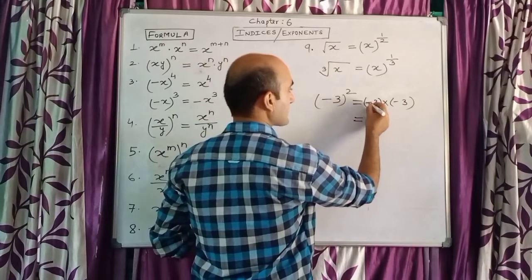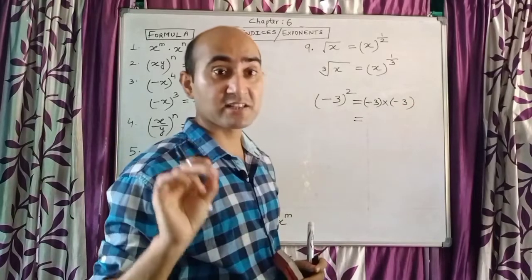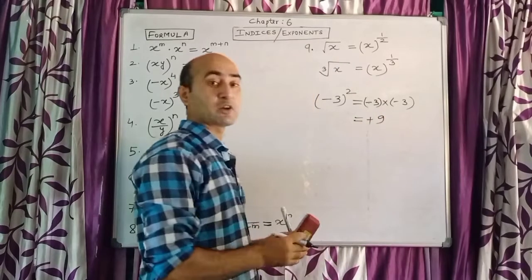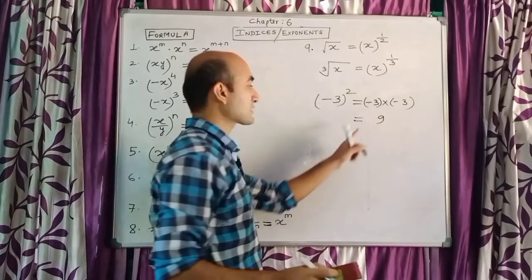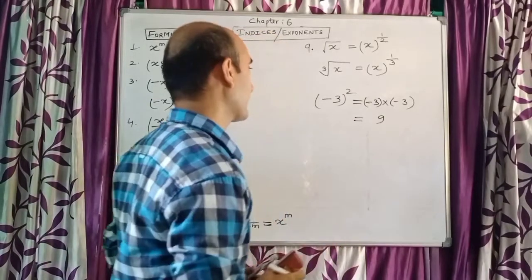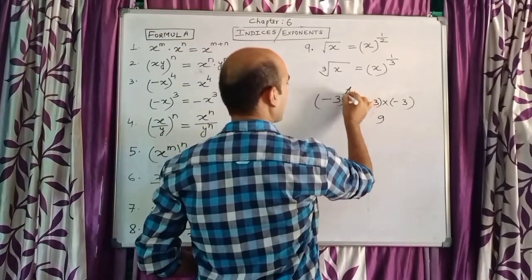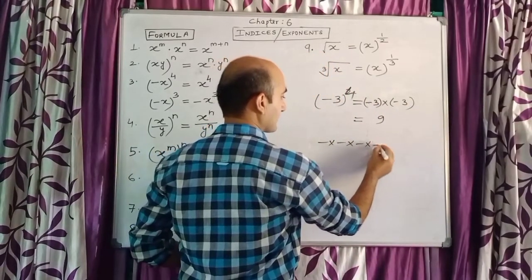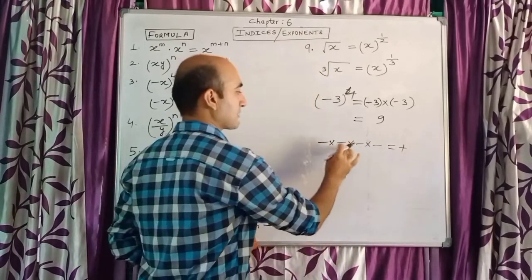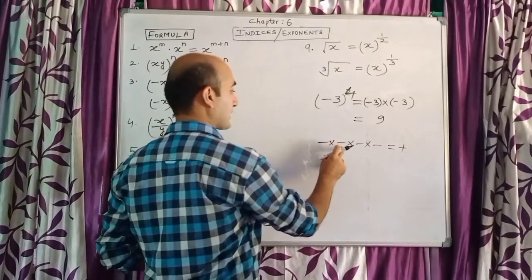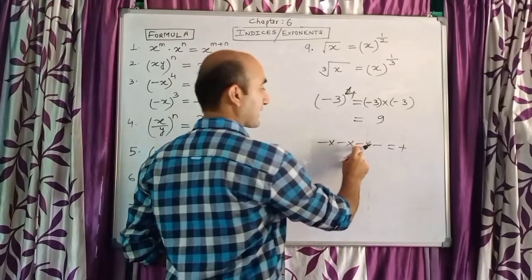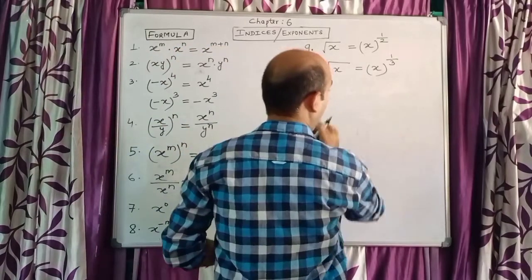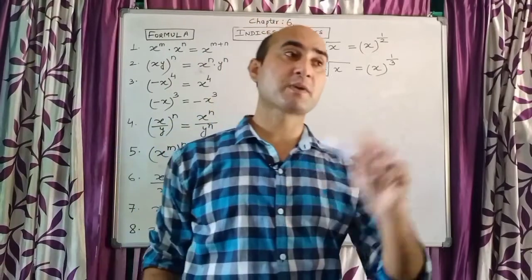Now what happens? This minus into minus. Minus multiplying 2 times becomes plus, and 3 3s is 9. And normally for a plus number we don't write plus, because writing 9 also is plus 9. So even if I have power 4 here, power 4 means 4 times, and if minus is multiplied 4 times, the result is plus. Minus into minus, plus. Plus into minus, minus. Minus into plus is minus. That means a minus number having even power, the minus becomes plus.